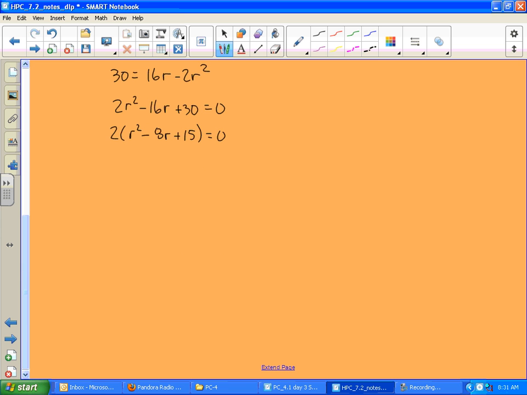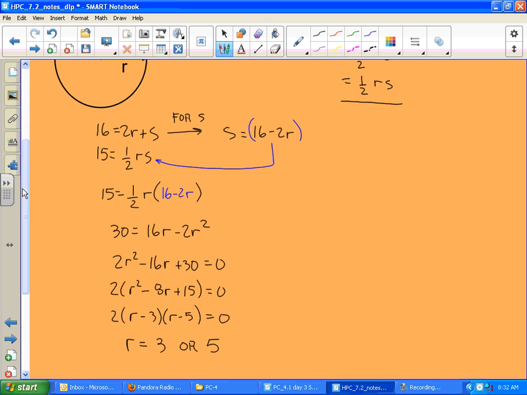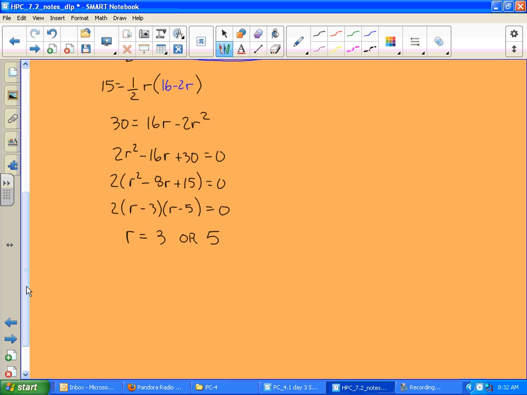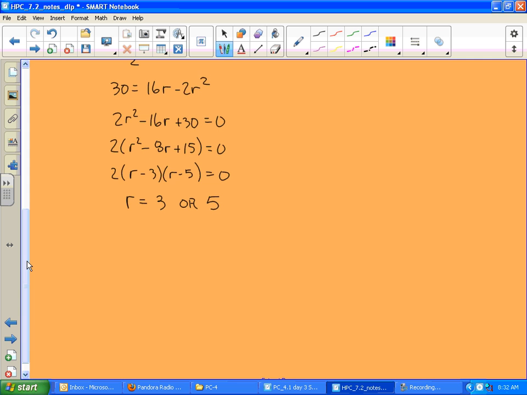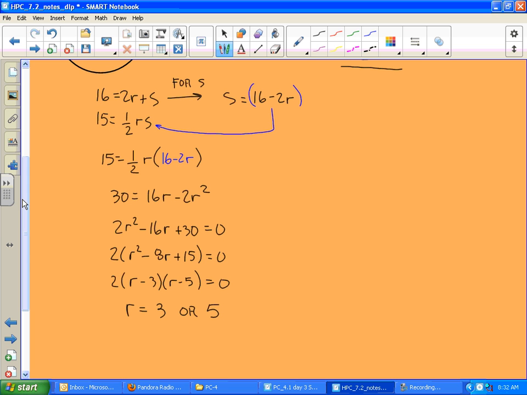And then it looks like we can factor this thing. So we get (R minus 3)(R minus 5). And then we know that our radius has the option of being either a 3 or a 5. So we could have 2 different radii here that give us that value. And so that must mean we're going to create 2 different arc lengths because we're creating 2 different arc values, 2 different area sectors. So knowing that R is equal to 3 or 5, we're going to go plug back